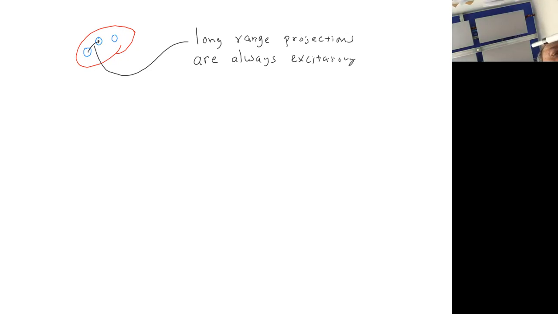In the cortex. Now, in subcortical areas, there are exceptions, but as far as I know, any particular area either sends all excitatory connections out or all inhibitory connections. But for the cortex, it's always excitatory. So why is that important? It turns out that mainly what you need is the sign of the weights.